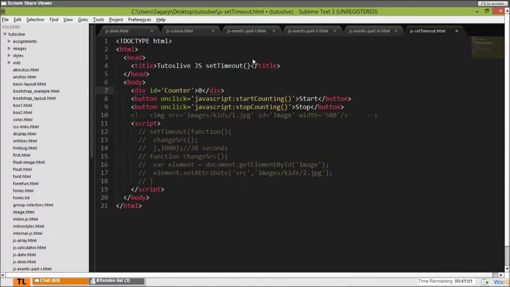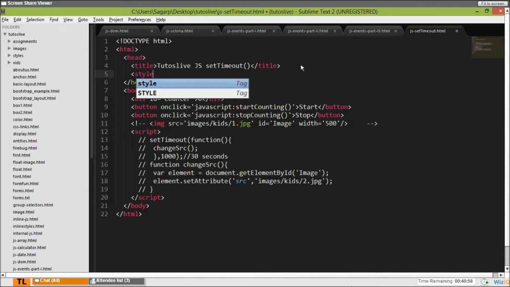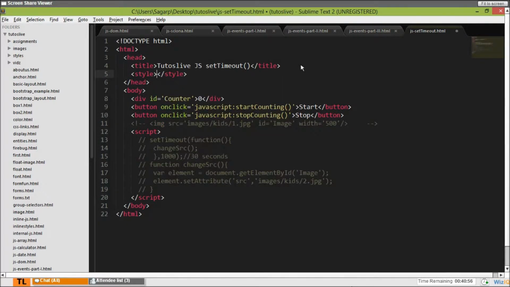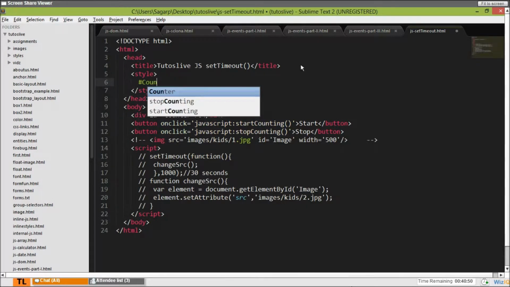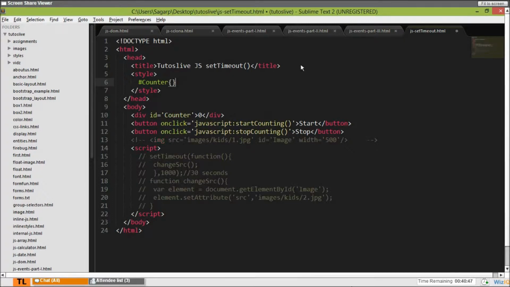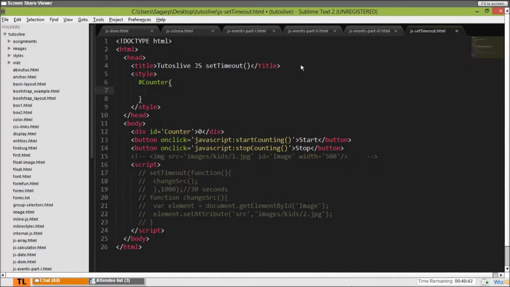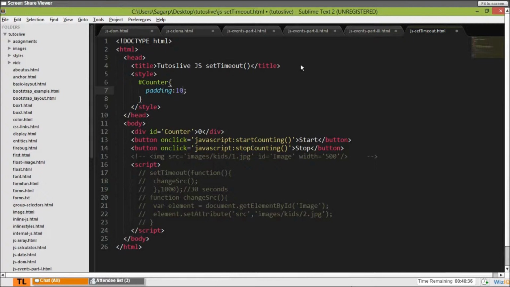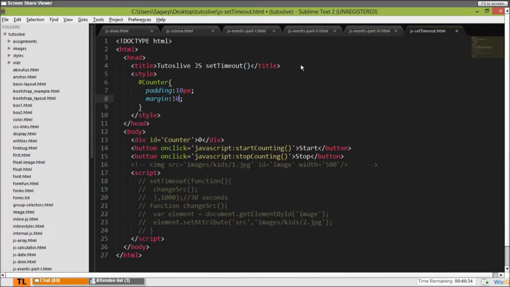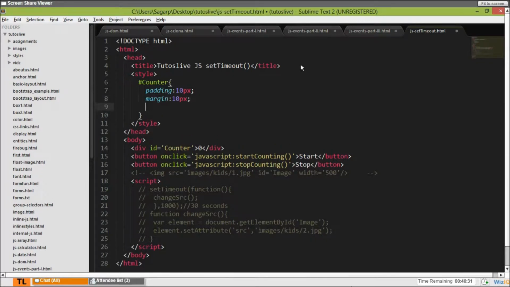And I would like to give some styling to my counter. So the styling will be font size. I can give stylings to IDs too. If you guys can remember, we have seen about selectors. ID is a selector. I can style using ID selector too. So padding, I'll say 10 pixel. Margin, I'll say 10 pixel. And color, I'll give some C9 7890, let's say. I don't know what color it is.